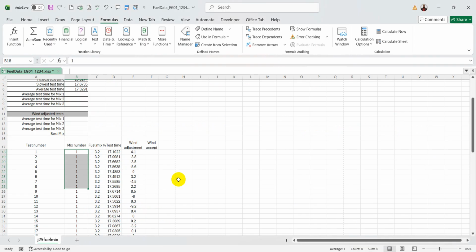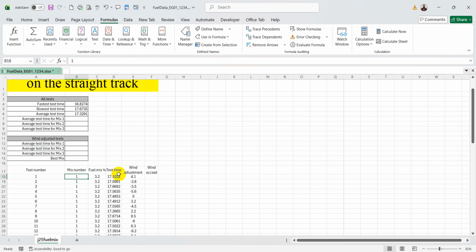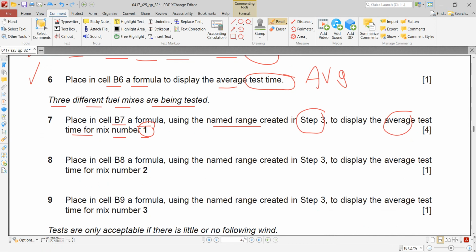So here we have, this is the mix number 1 and this is the test time. So you're going to have this one with this one. Depends on what? Depends on the mix number 1. It's very important to understand that the question he asked about an average, but not an average only, an average with a condition, mix number 1. And we can see here, this is the area where you're going to make the average of it, and this is the mix number. With which condition? With the condition 1. So here is going to be the average